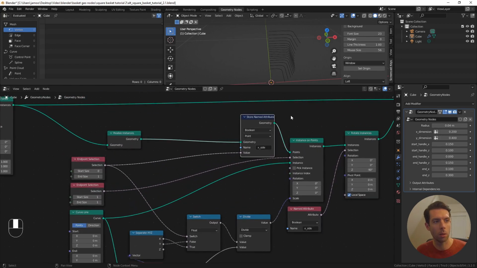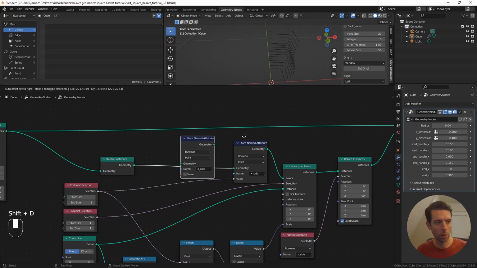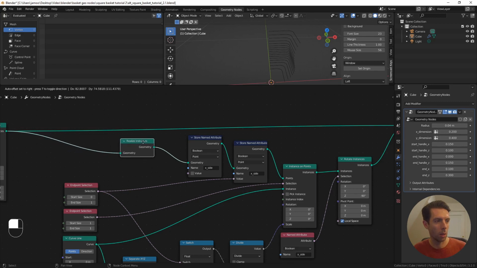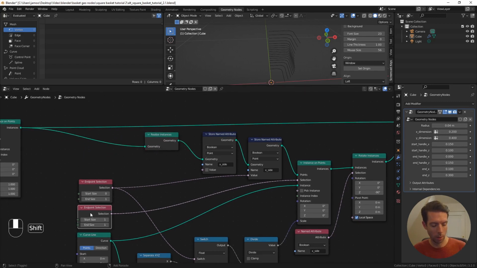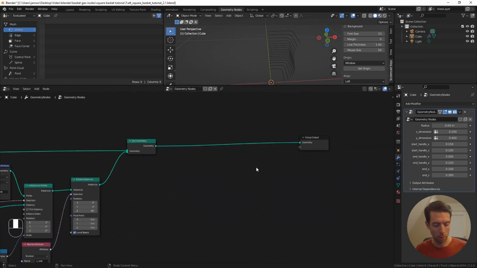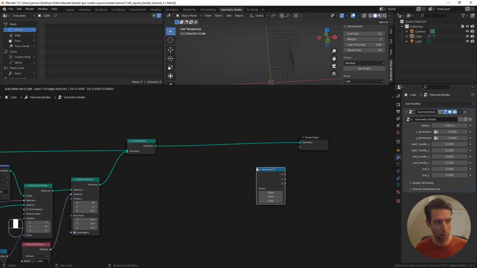And while we're here, like I said, we're going to need the y side as well. We're going to need to be able to separate that out. So let's duplicate our store named attribute and rename this to y side. And then going to copy this endpoint selection, and instead of the endpoint, I just want the start point, and we'll connect that in for the value there. And just to double check that we're doing this correctly, we're going to separate, oops, not separate x, y, z. Let's do separate